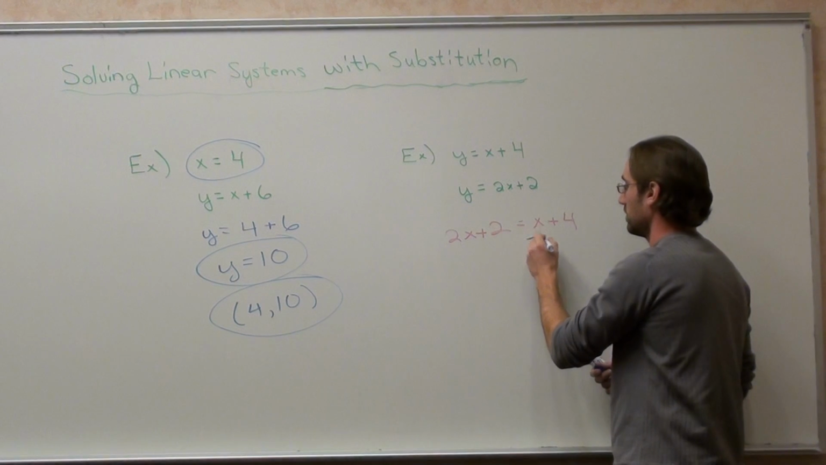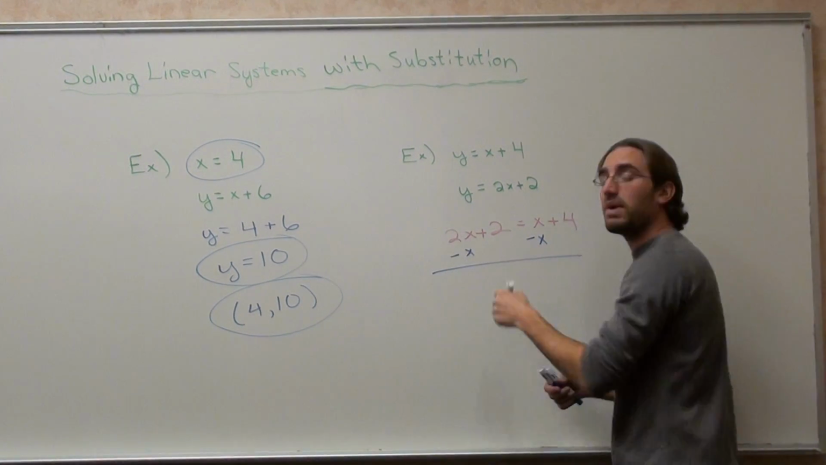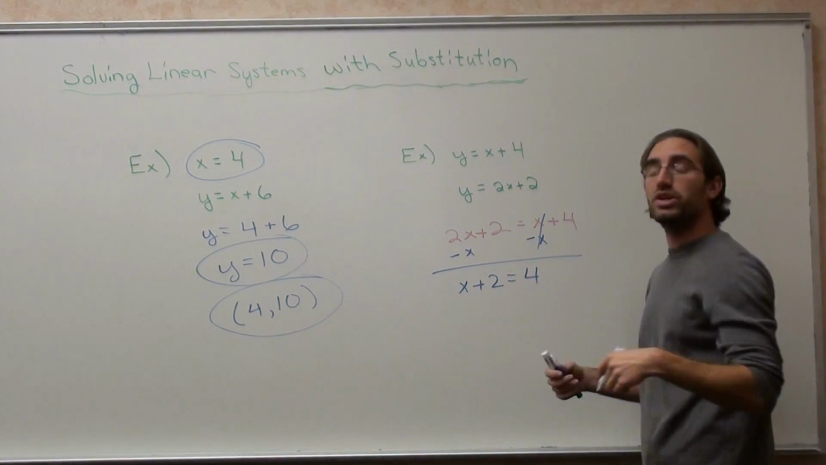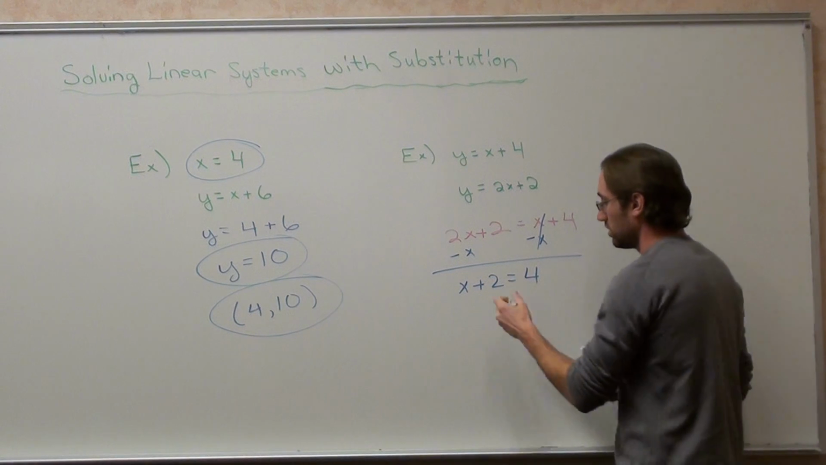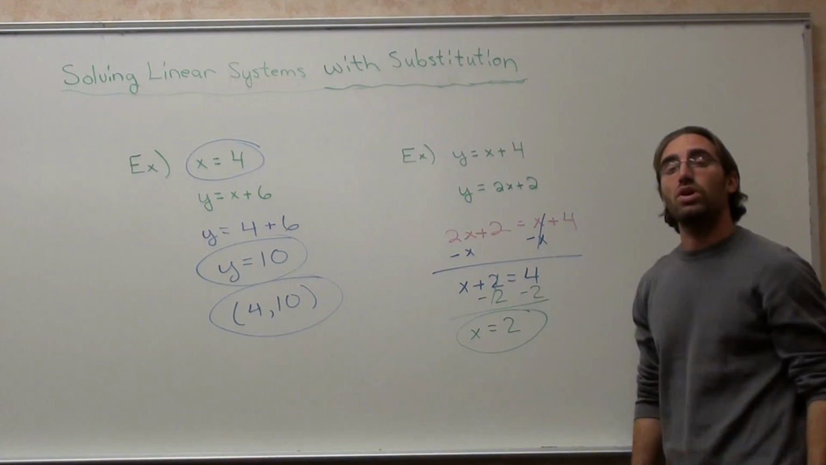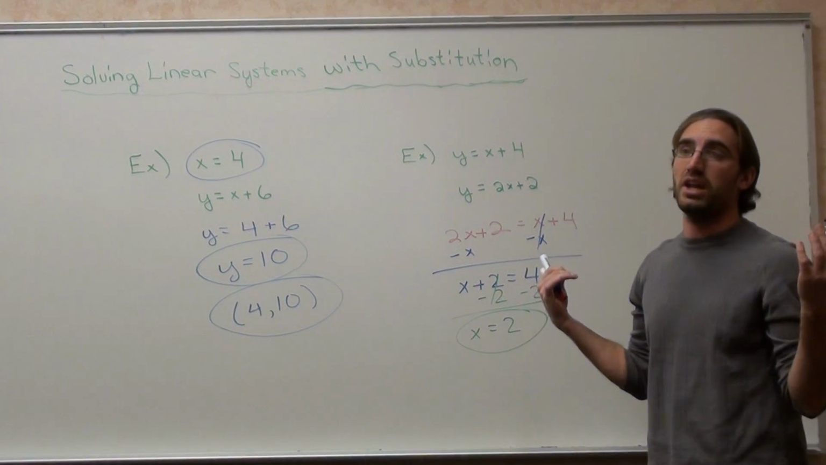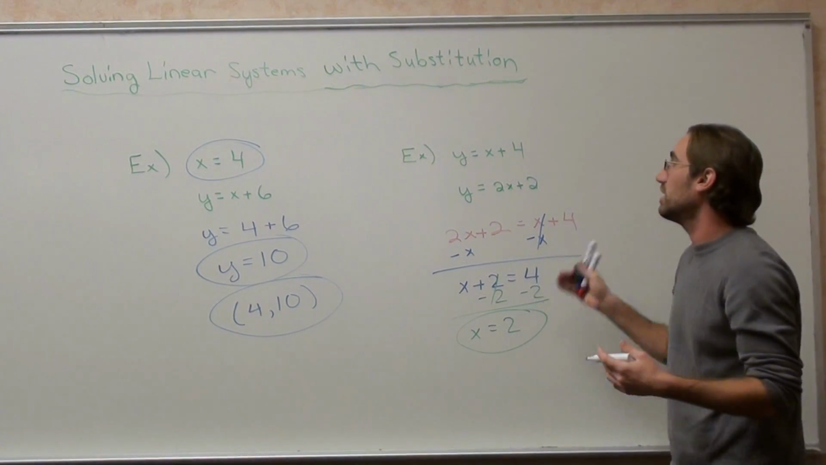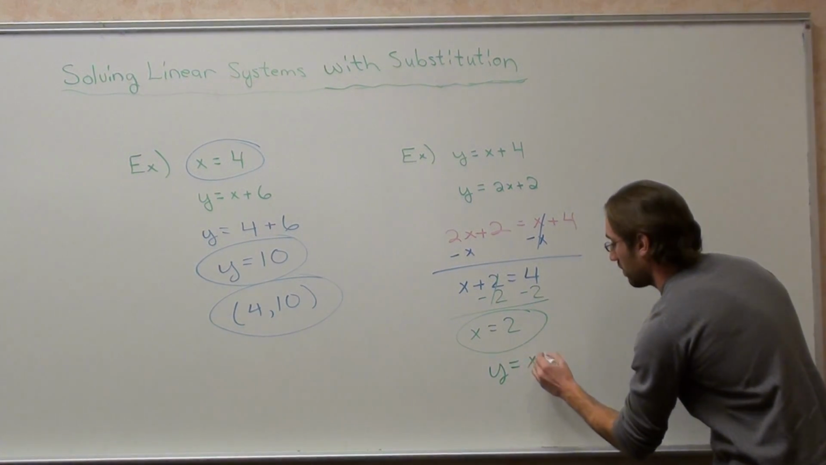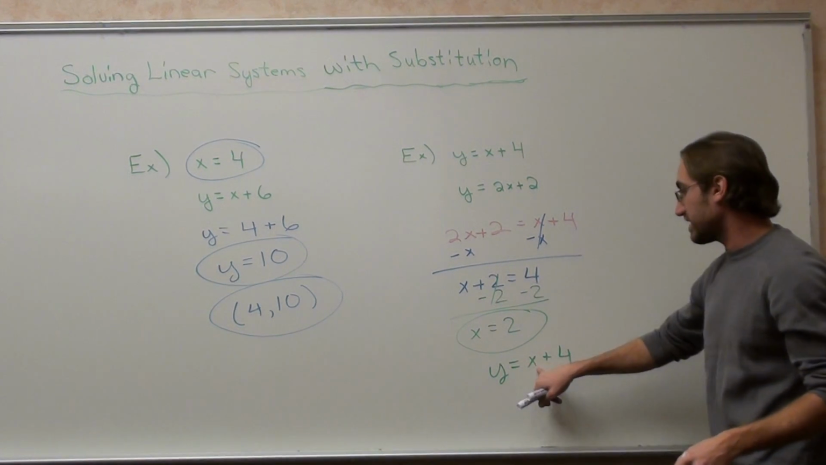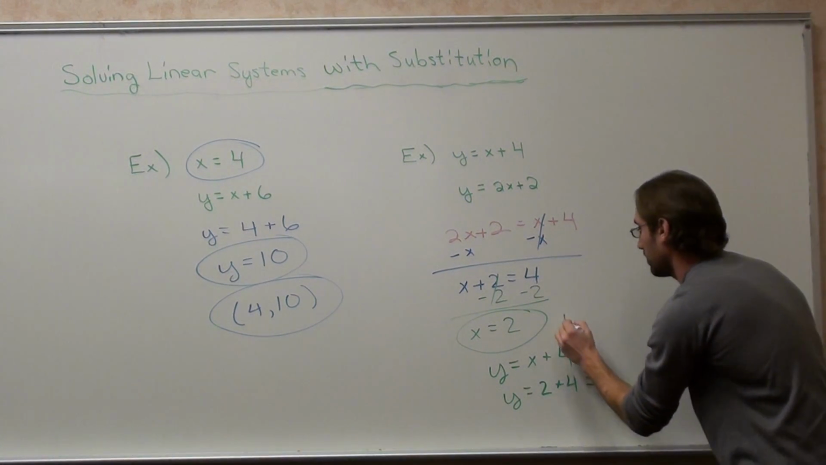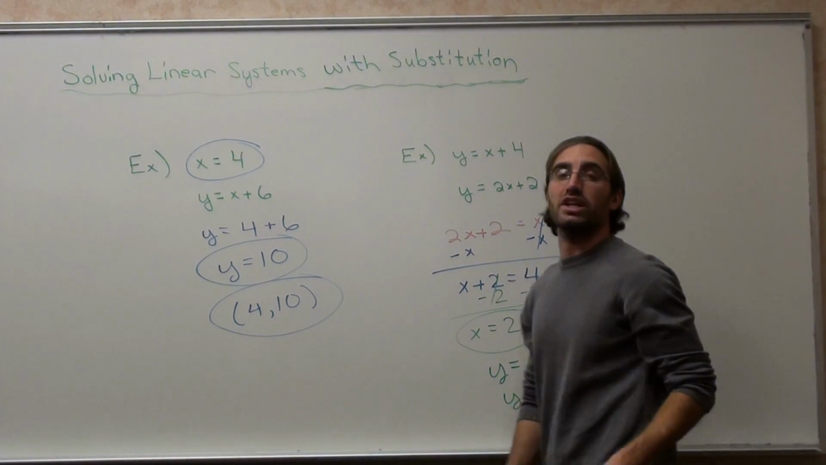Solve for x. 2x minus 1x is x. Plus 2 equals 4. Subtract 2 on both sides. x equals 2. All you have to do then is substitute it into any equation you want, and they're both relatively easy. Let's do the first one, because it's slightly easier than the second one. y equals x plus 4, but x is actually 2. y equals 6. Write it in coordinate form,